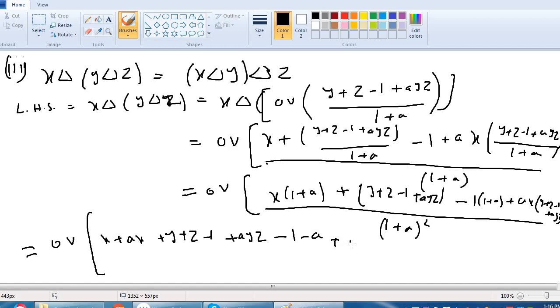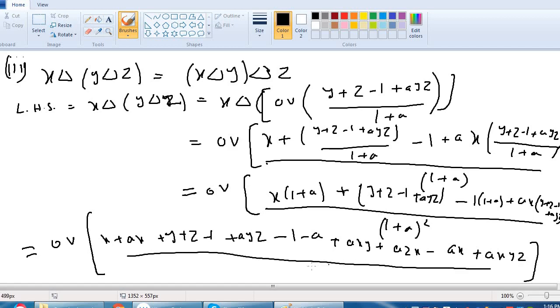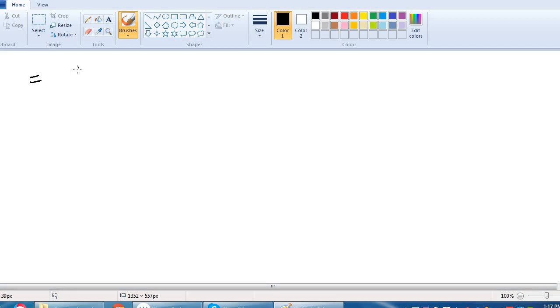plus axy plus axz minus ax plus axyz, all divided by 1 plus a square. 0 union is outside and it can be written